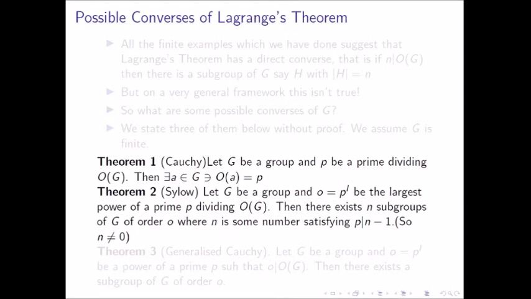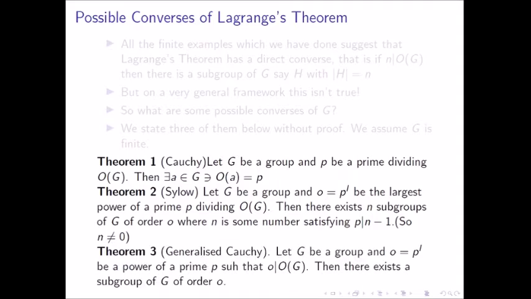So this is a very beautiful and strong result, as it also gives us exactly how many such subgroups there are. In fact, for Cauchy's theorem also, you can determine some properties about how many elements, or a rough idea of how many such elements are possible. But Sylow's theorem is far stronger than Cauchy's theorem.